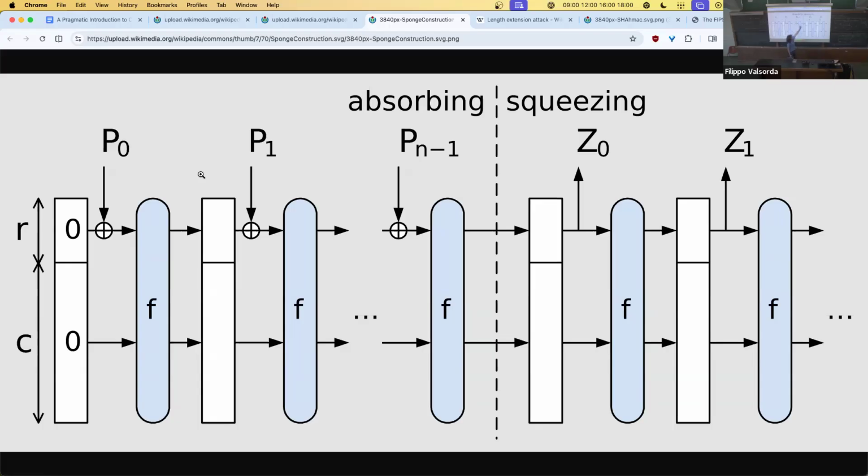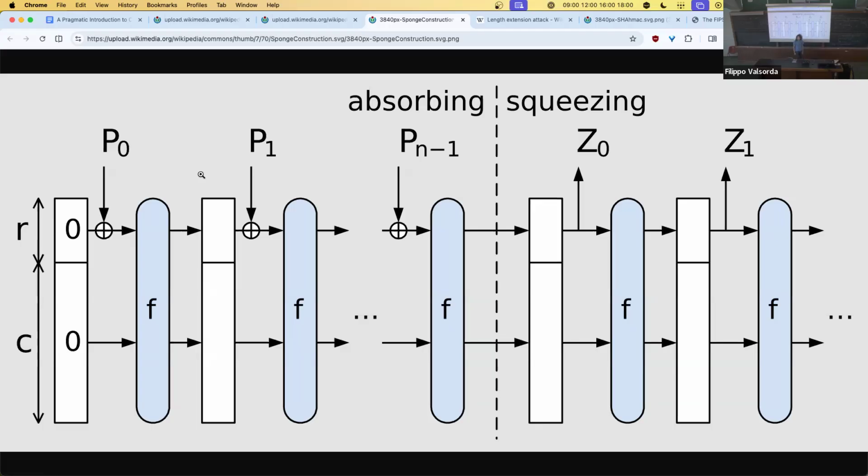The last thing is that you also need to squeeze out enough bits to have the security you need, because if you squeeze out 10 bits, you're going to have 10 bits of pre-image resistance and 5 bits of collision resistance. So generally, you squeeze out 256 bits, 128 bits of collision resistance, and moving on. So what makes sense is having a hash function where this is 256, that is 256. It would be nice to have that.